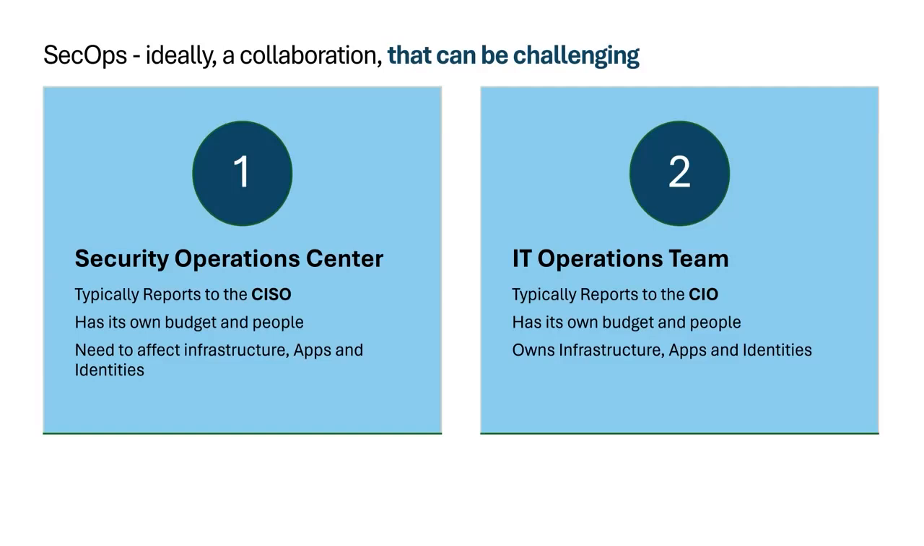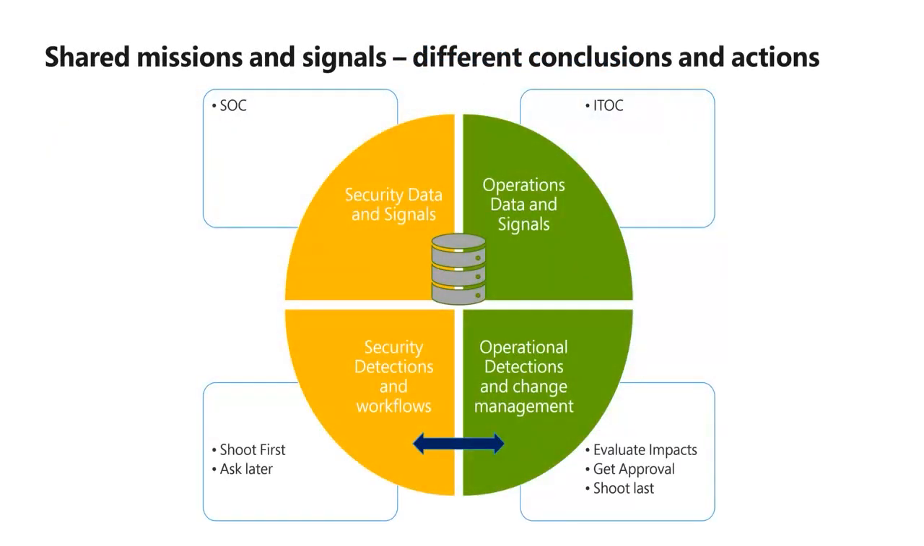One team needs to affect infrastructure, apps, and identities to change policies and affect the way that systems operate in order to respond to security components. But an IT operations team is actually the team that owns those. And so they may be very, very opposite in operational posture. SOCs tend to be a little more shoot first, ask questions later, and operations teams tend to be very intentional. They tend to be very much driven by change management because they have learned through the school of hard knocks that we need to evaluate all of our impacts, we need to get approval from stakeholders, and do things in